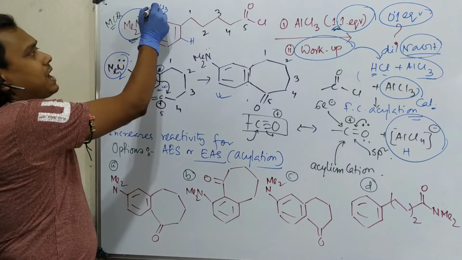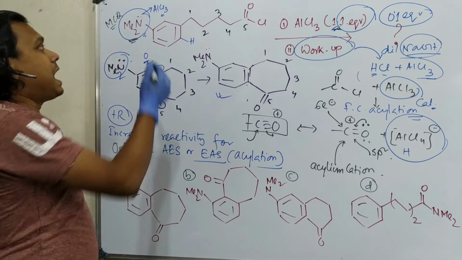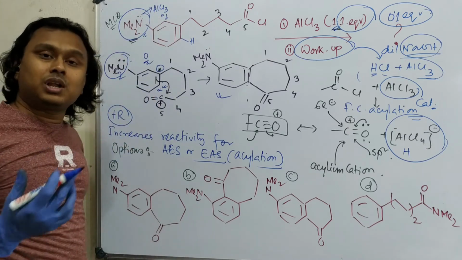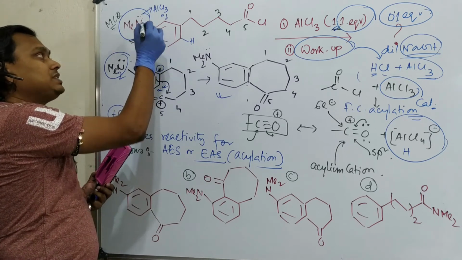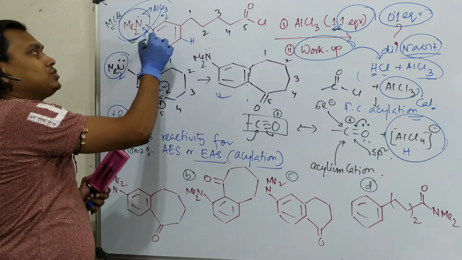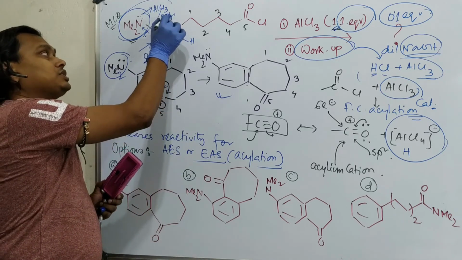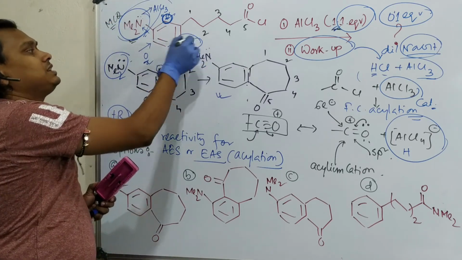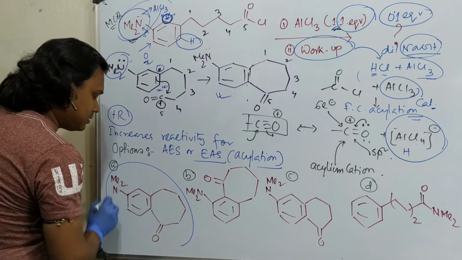Second point, if this is in adduct form, then it will not be that effective for the plus R effect, not possible, and this ortho position withdrawing effect will further increase, because nitrogen's lone pair is given to someone else, so nitrogen is now feeling a little deficiency, so it will try to neutralize that by withdrawing from these bonds. Second thing, this AlCl3 adduct will create bulkiness around these two ortho positions. So consequently, nucleophilic substitution is difficult here, both sterically and electronically, but here it is favored, so that's why the reaction will happen at this side. So the answer to our problem is this one.